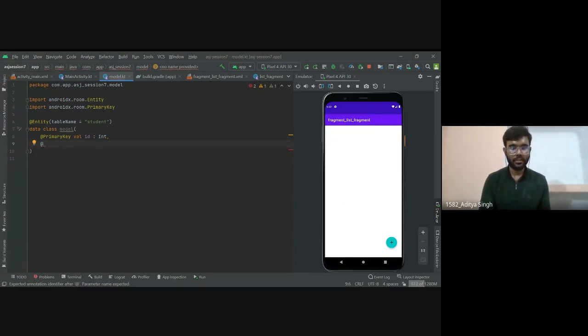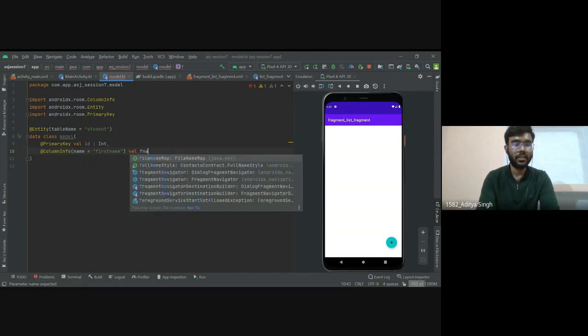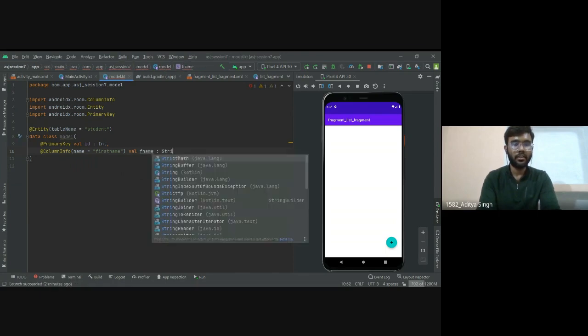Now we will create our columns. So we will write ColumnInfo. Inside this ColumnInfo we will give the name to our column. Let's name it f_name, and it is of String type.